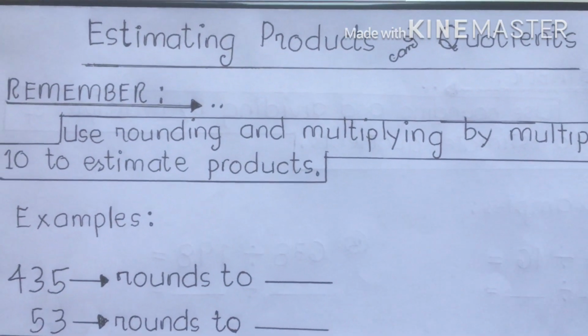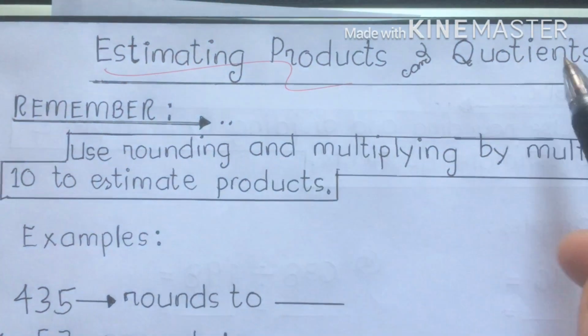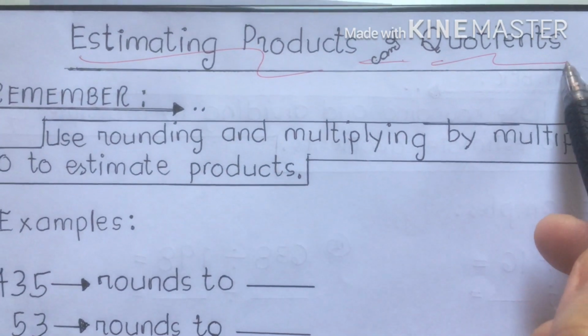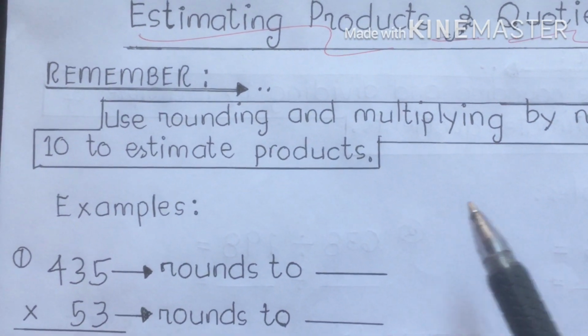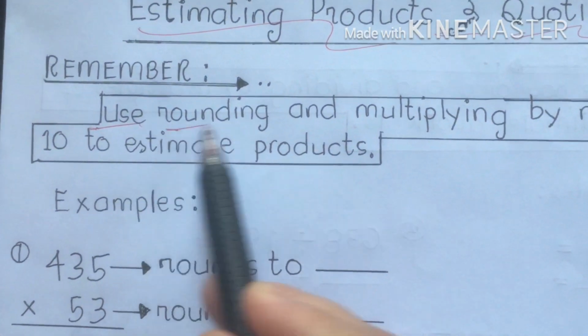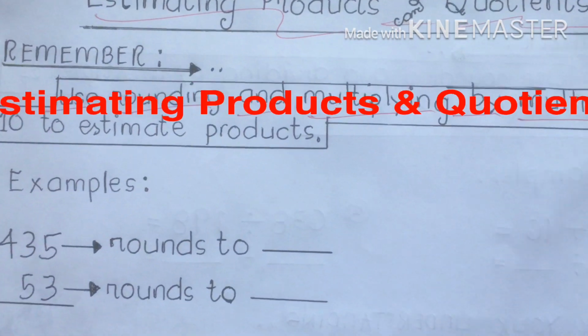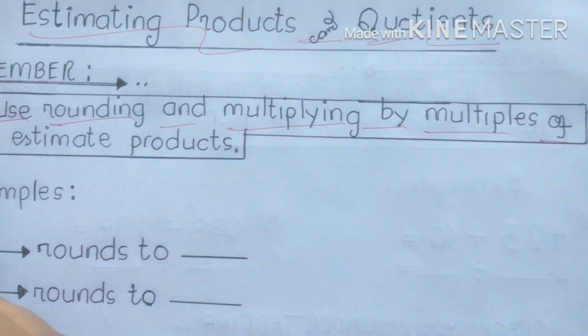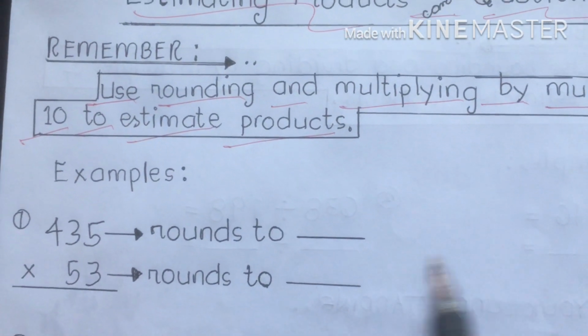So today, my dear viewers, we're going to discuss or tackle estimating products and quotients. Remember class, in estimating products and quotients, we should remember the following. We use rounding and multiplying by multiples of 10 to estimate the products. Examples: